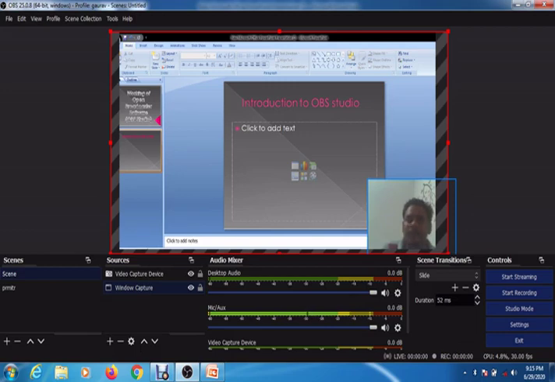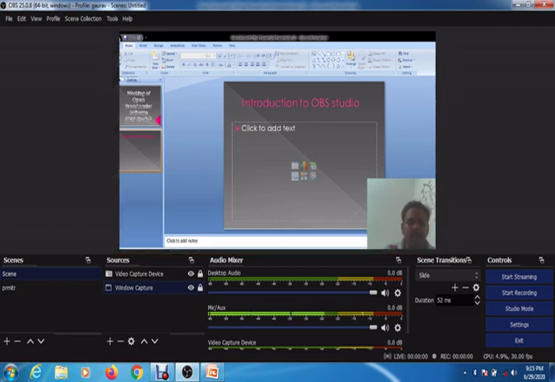the presenter window and the PowerPoint presentation window, or any other file which you want to open in your OBS Studio as a presenter, you can keep only those sources. So here I have cleared all the sources, and I have just kept the presenter window and the PPT presentation window available in my recording. Now I do not need these other windows right now.